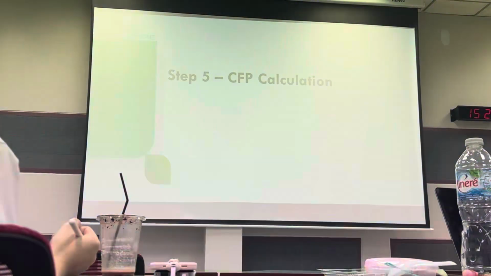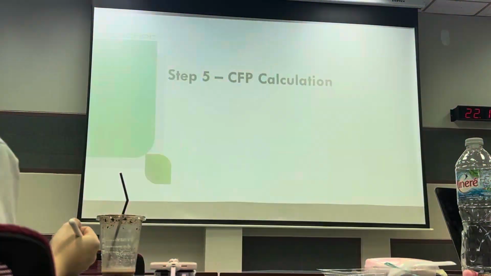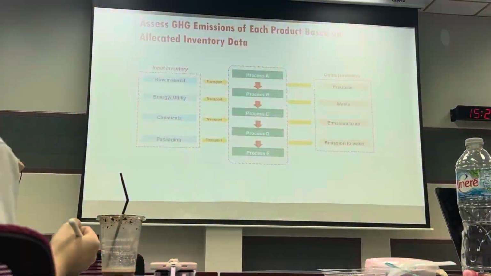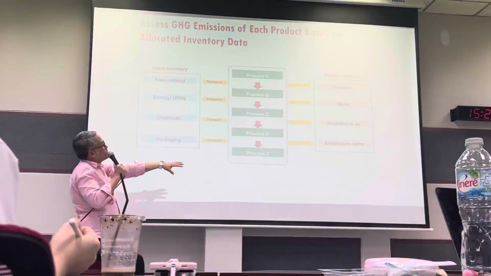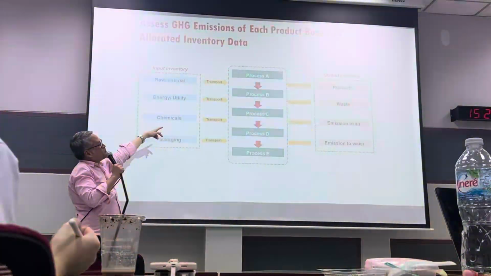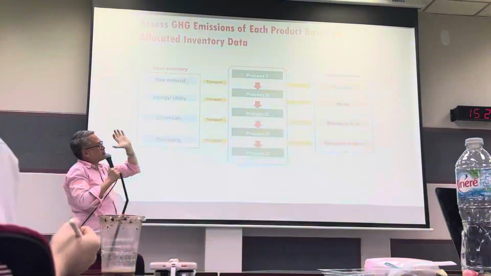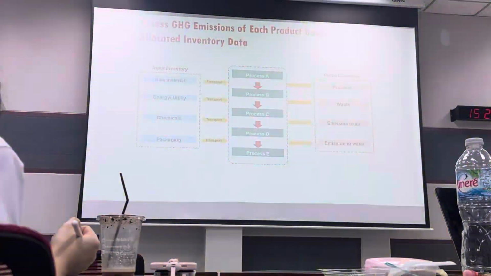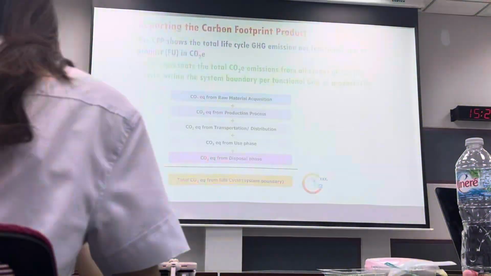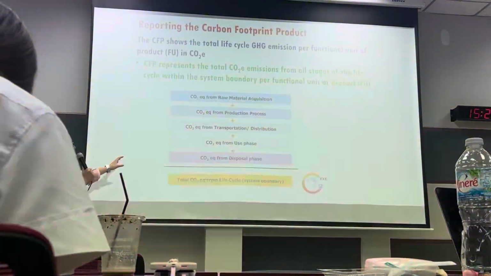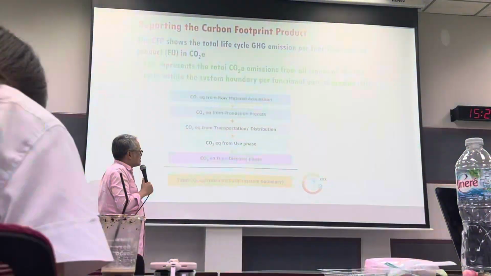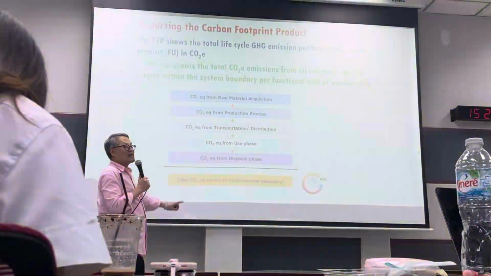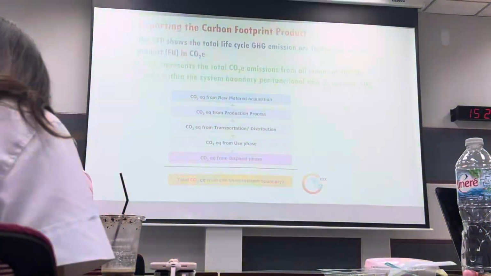And then the last step is the calculation, okay? For the calculation, you just need to have the process flow, the inventory of input, output, and then emission. Then we calculate this, and we get the final number, okay? So the final number is just the sum of each step, right? And then get the total of CO2 equivalent from our functional unit, then you get our final number, okay? But then,